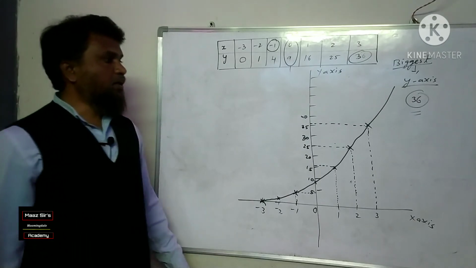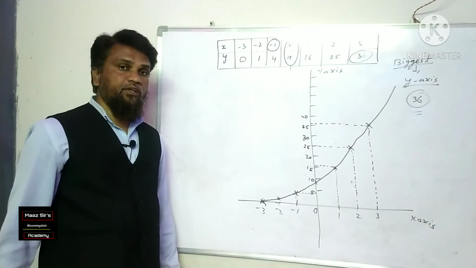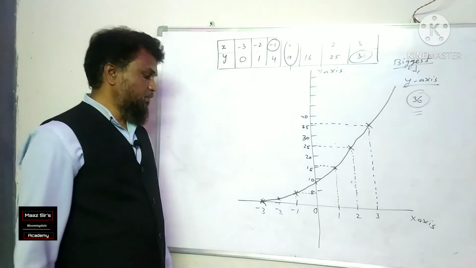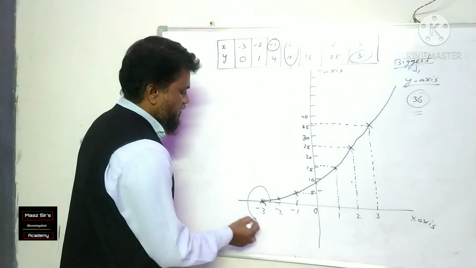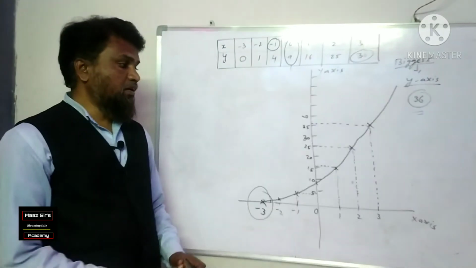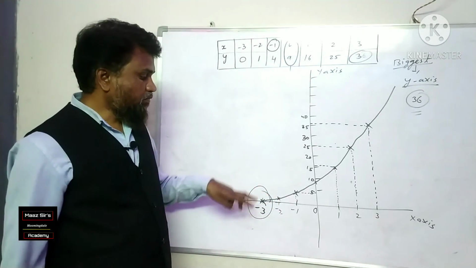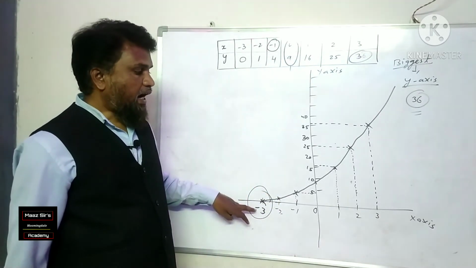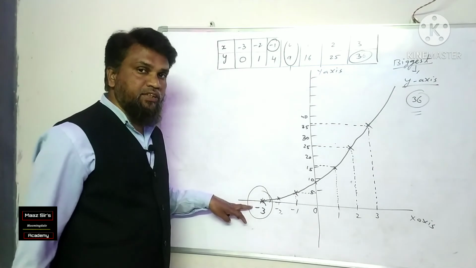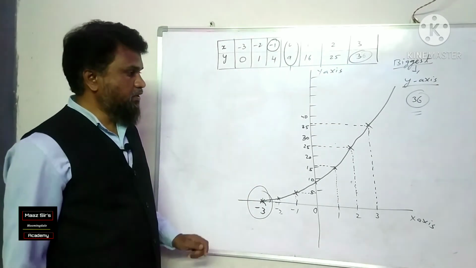So can you see here, by looking at this graph, can you tell what the 0 is? Yes, the 0 of the equation is minus 3. Do you remember, before starting this problem, I said what the 0 is? It is the value at which you get the intersection on the x-axis. So this is the 0.